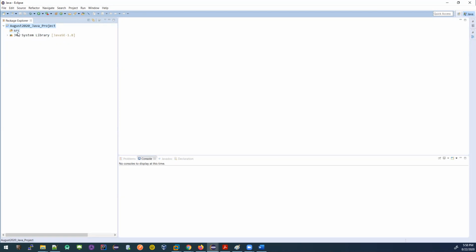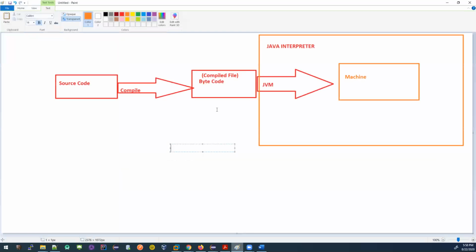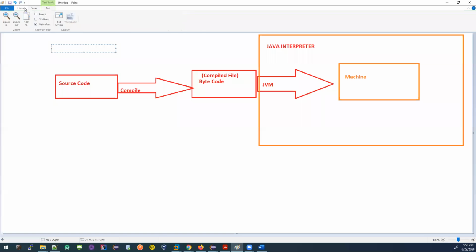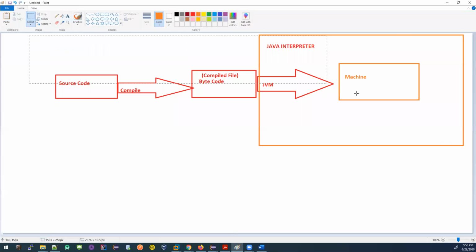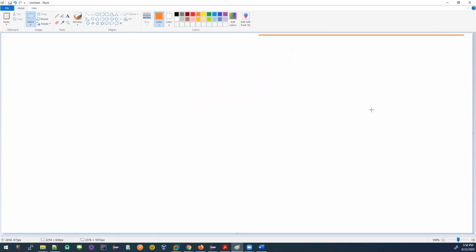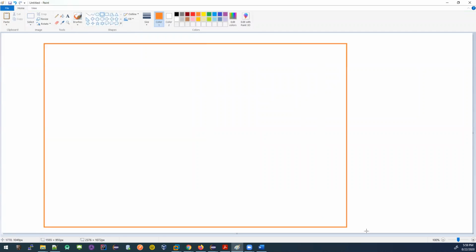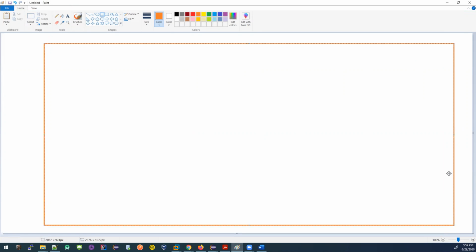Now, before you write code, before creating any file inside the source folder, you need to create a package called a Java package. Okay. Well, let me give you the idea. Let me just remove this stuff. The thing is that, in a bigger picture, this is your Java project.